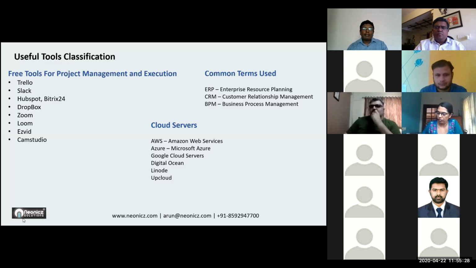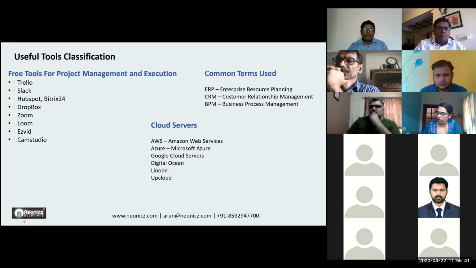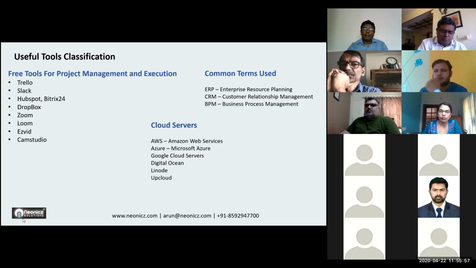And there are some servers. Say whether you are going to work on a website or any software, the cloud presence or the online presence of the same thing is inevitable. So you just need to do that for a purpose. So you have certain cloud server providers, which you can start for free in the beginning. Later, when you are comfortable, you can pay.